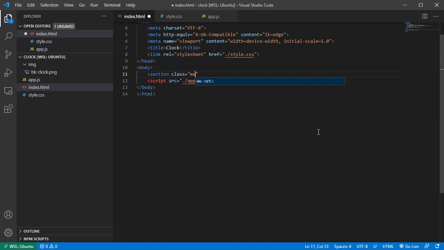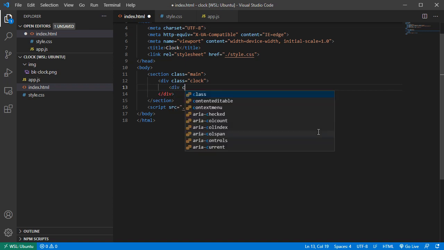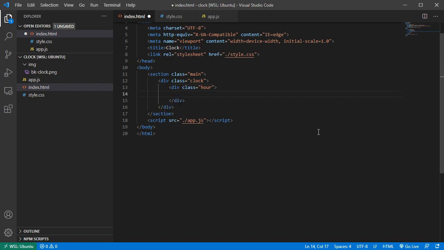It's gonna have a class which is main. And then in this section I'm gonna have a div class clock. And then here I'm gonna have separate divs for the hour, for the minutes, and for the seconds. So I'm gonna have div class hour, and then here I'm gonna have the hour arrow. So I'm gonna have div class